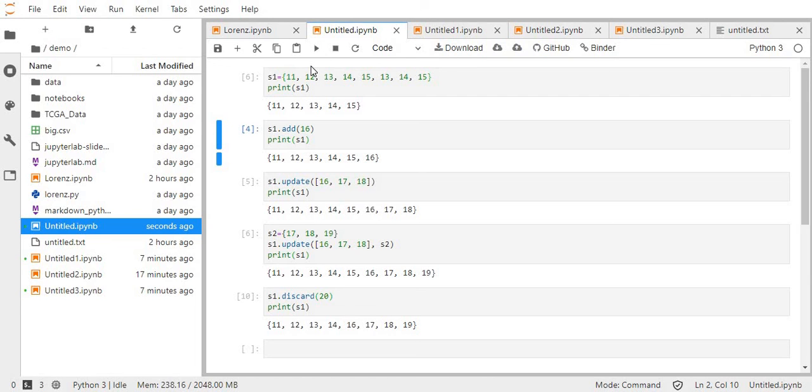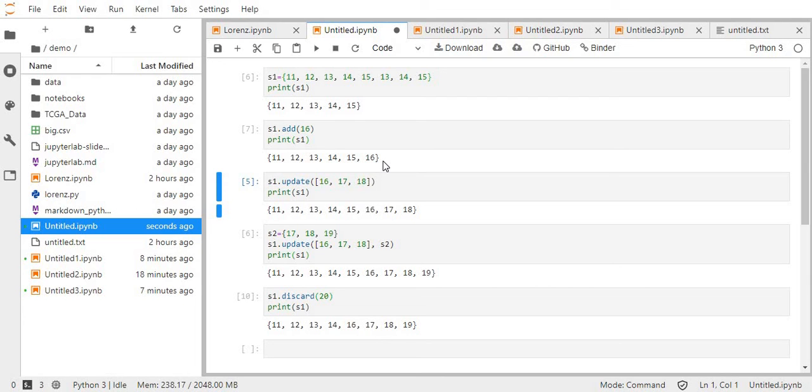Okay, now let's get started with the functions. Just like with a list, we can also add and remove values from a set. So let's say we want to add some more values. To add a new value, we use the function .add and write the value we want in our set in the brackets. So if we run s1.add(16), we will get the value added to our set. So you can see 16 is added to our set.